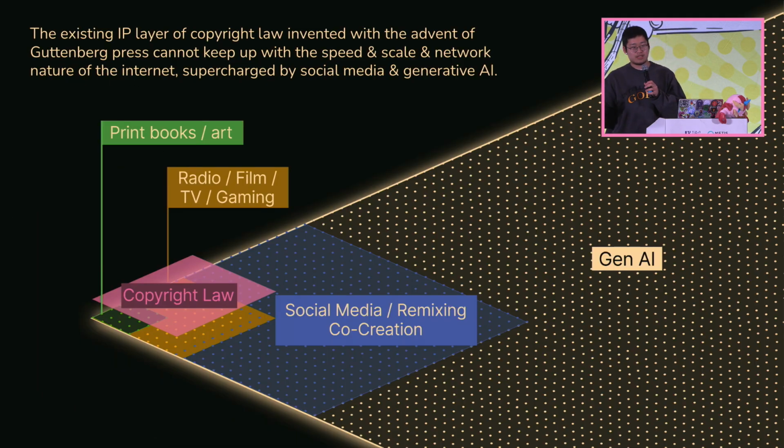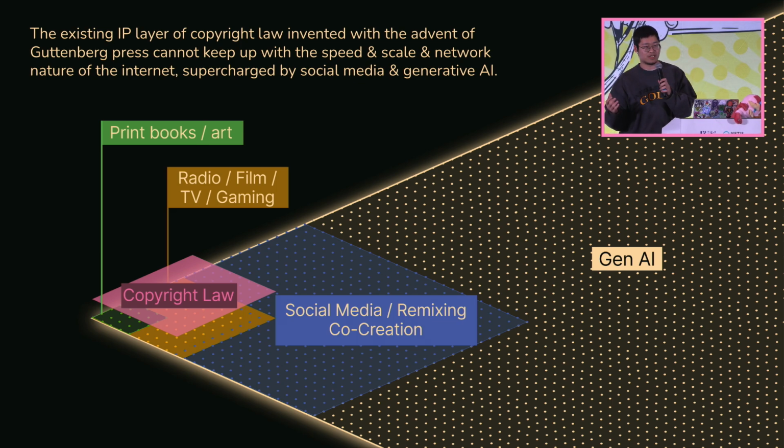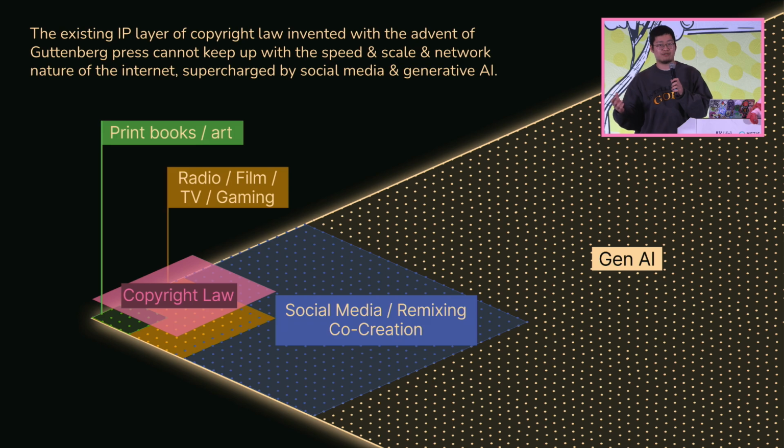Over the past 20 years, we went from two-dimensional books and arts into three-dimensional media, such as radio, film, television series, and gaming. And now we are coming into the era of social media and generative AI. The existing copyright law seems to lag behind. We are yet to find a good way to tackle and keep up with the evolution of technology, such as how we protect data for AI models, or how we claim ownership of images or text generated by AI models.